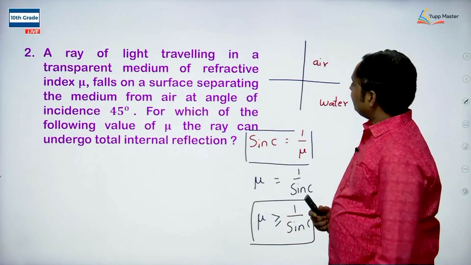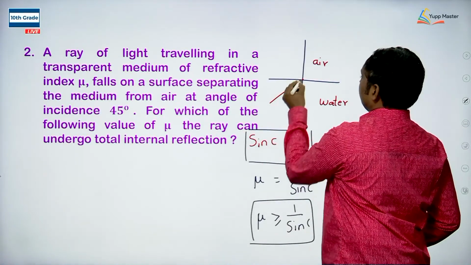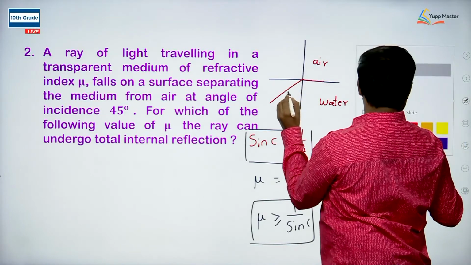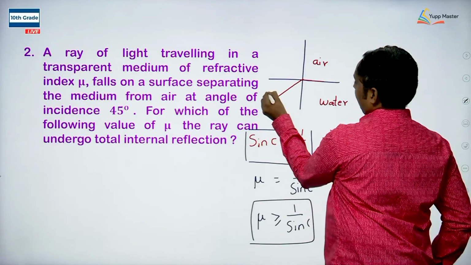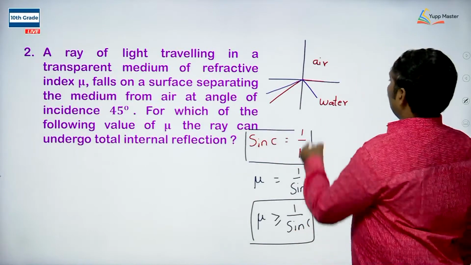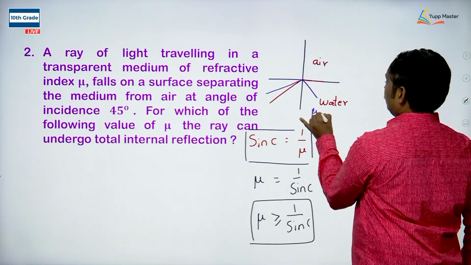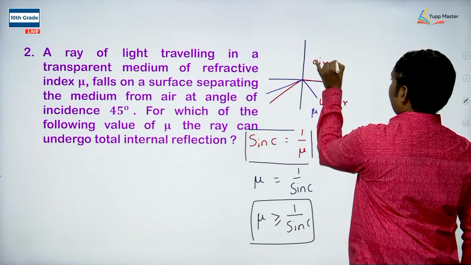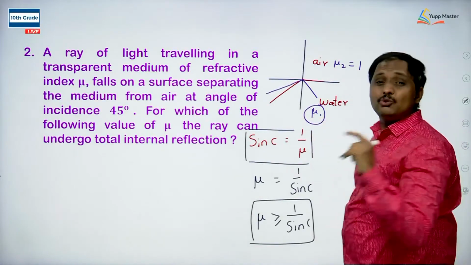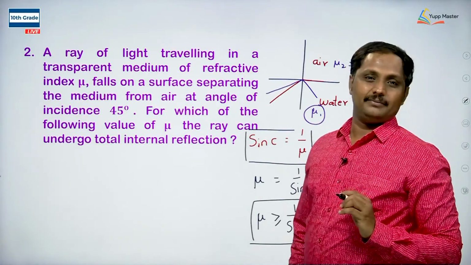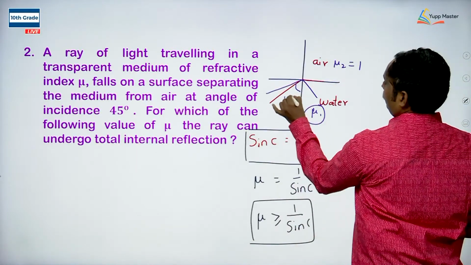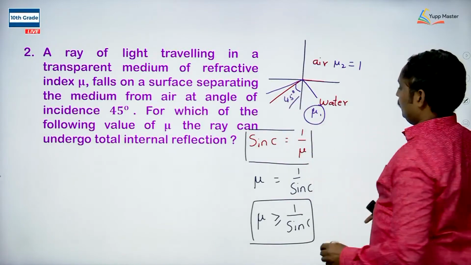Now you can decide that angle here. So you know this is mu1, this is mu2, which is equal to 1, but you are going to limit the value of mu1. How will you get that mu1? You will get that as 45, let us assume. So mu